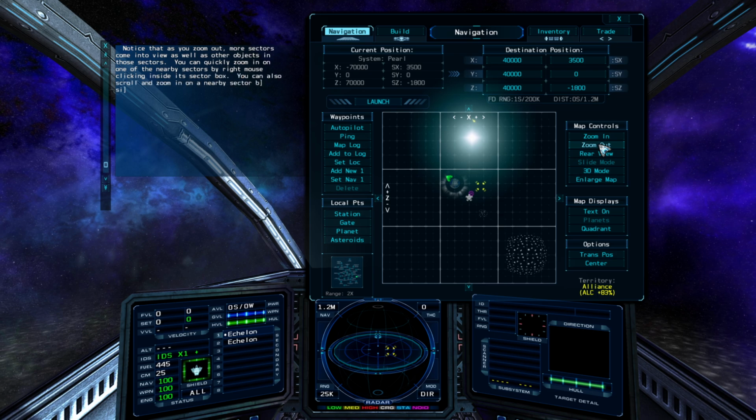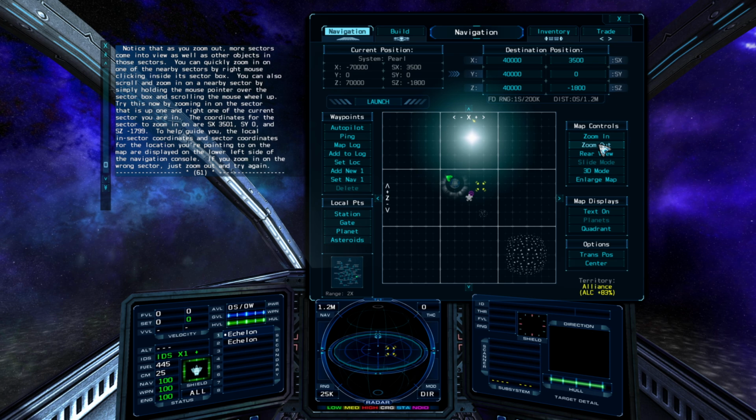Notice that as you zoom out, more sectors come into view, as well as other objects in those sectors. You can quickly zoom in on one of the nearby sectors by right mouse clicking inside its sector box. You can also scroll and zoom in on a nearby sector by simply holding the mouse pointer over the sector box and scrolling the mouse wheel up. Try this now by zooming in on the sector that is up 1 and right 1 of the current sector